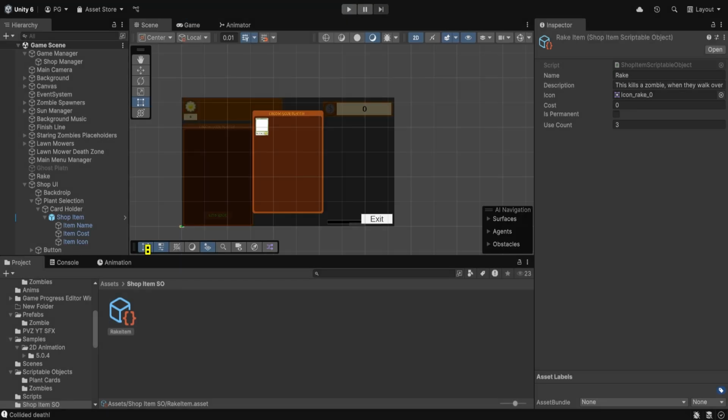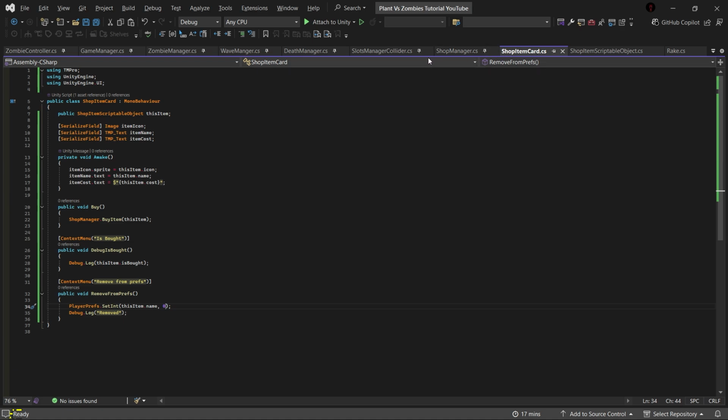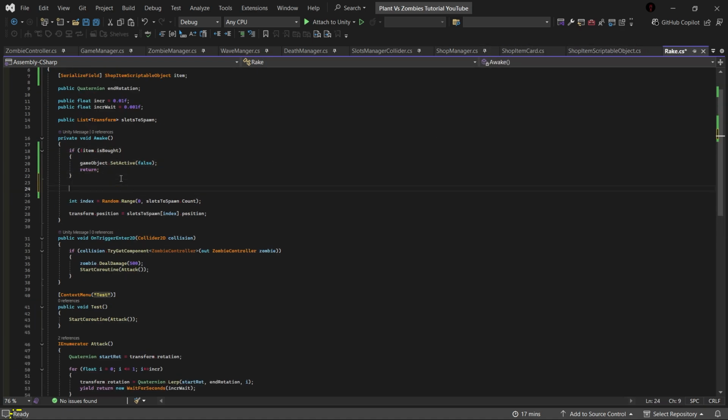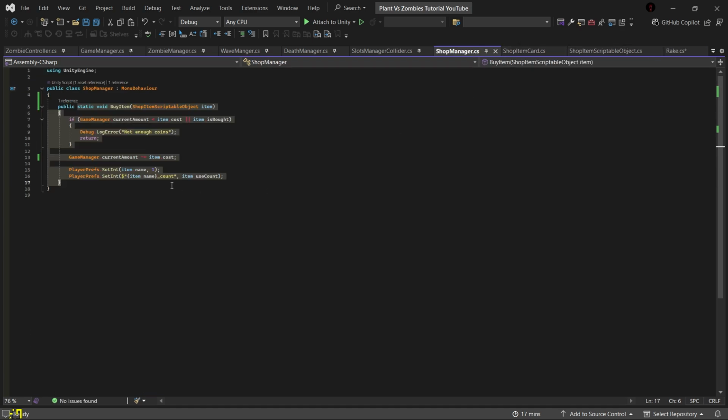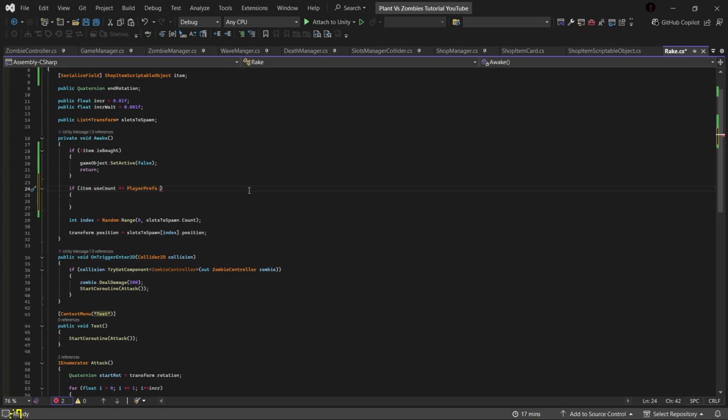And now, because this is a consumable item, what we can do is go back to the rake script right here, and because we know the rake needs to be bought over and over again, we'll do another if item dot use count is less equals to, let's go back to shop manager, and we want this, so less equals to player prefs dot get int this, and if it does not exist, then we can just use item dot use count itself. So if this equals to that,